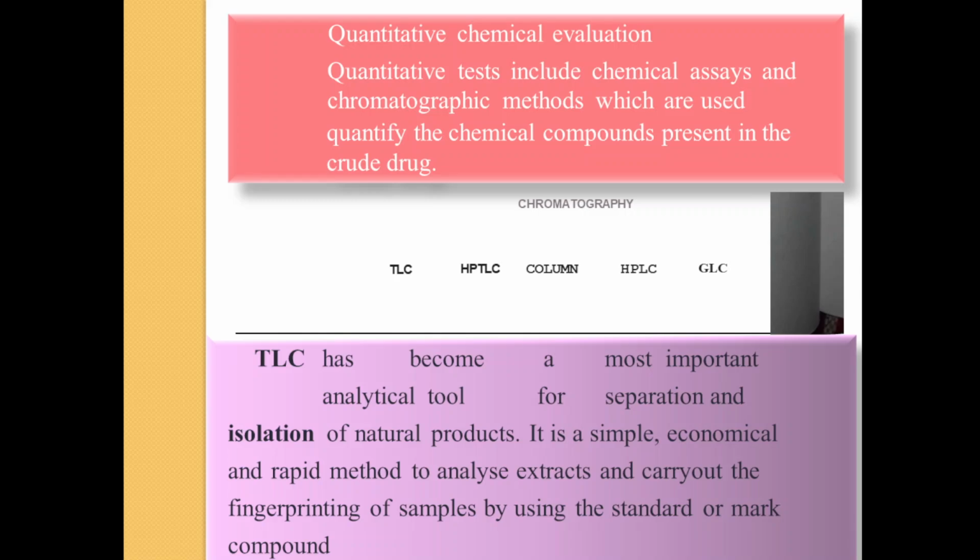The mixture of solvents is used to separate the compounds, and there are different types of solvent according to the nature of the compounds. A polar and non-polar solvent mixture is used as the mobile phase. So two phases are there, one is the stationary phase and the other is the mobile phase. Now the sample or extract which is to be separated, and which contains active constituents, is applied on the TLC plate by using a capillary.